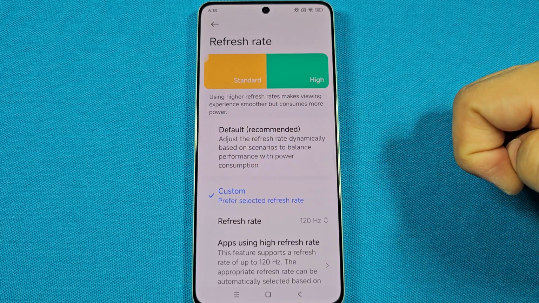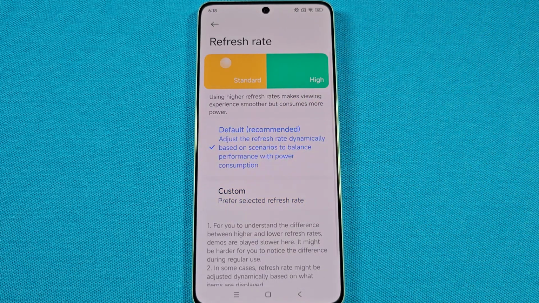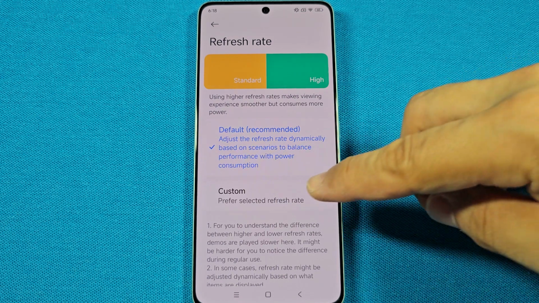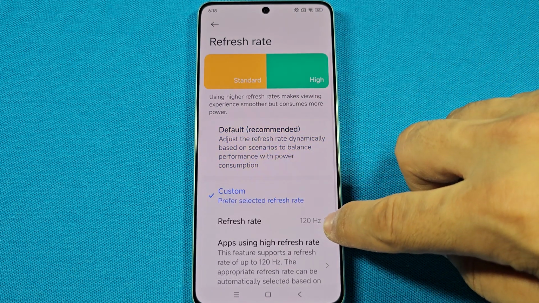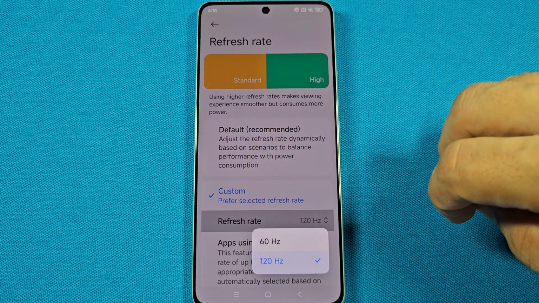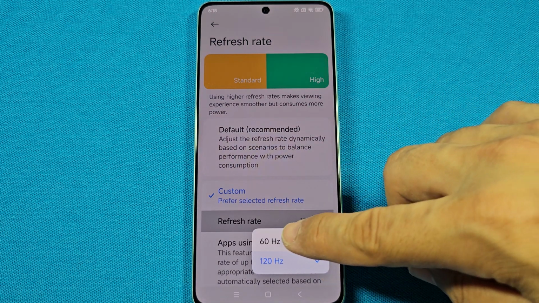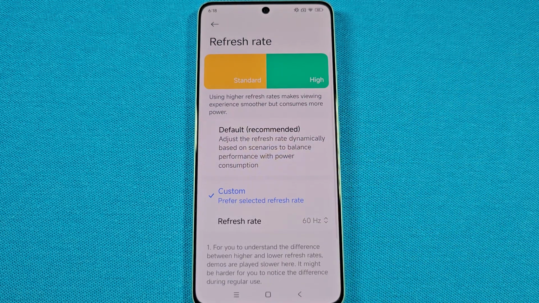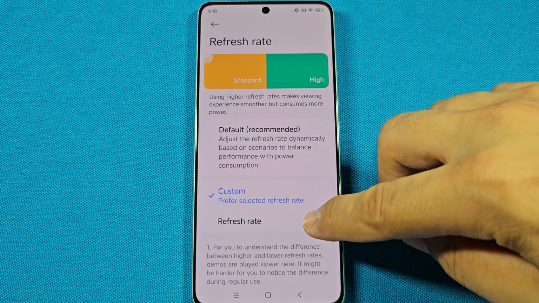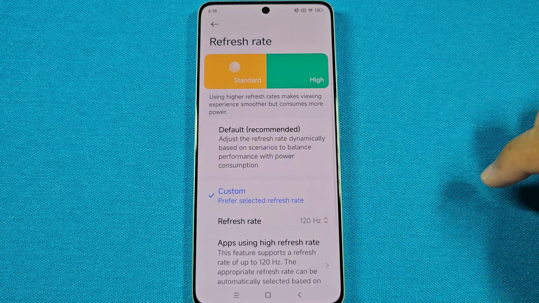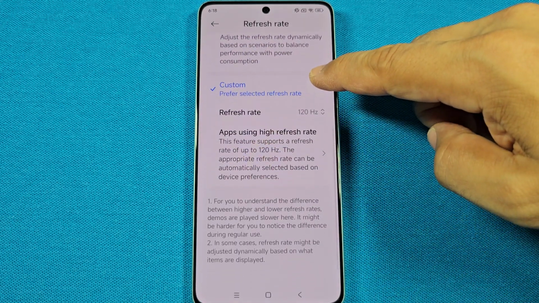You'll see two different options. One is the default, and that basically is going to go according to the app compatibility, and it will go to either 60 up to 120 Hertz, depending on your app's compatibility. However, you can go with the custom one and choose the specific refresh rate. Tapping here will give you either 60 or 120. 60 basically means everything on your phone will run on 60 Hertz refresh rate, okay? But if you go here and you switch it to 120, you can have them all set to 120,